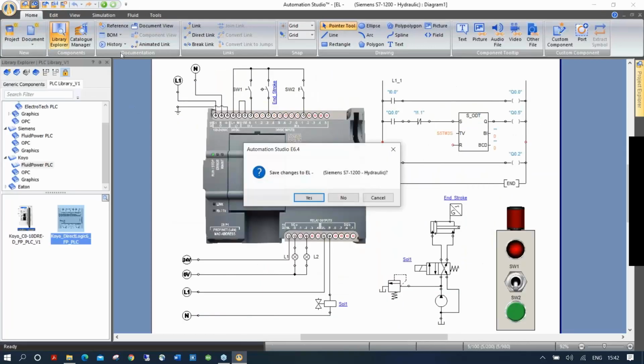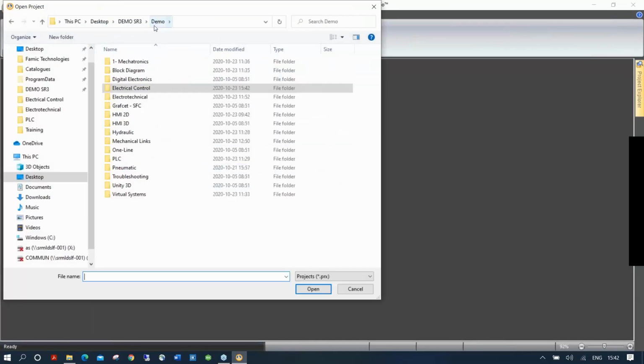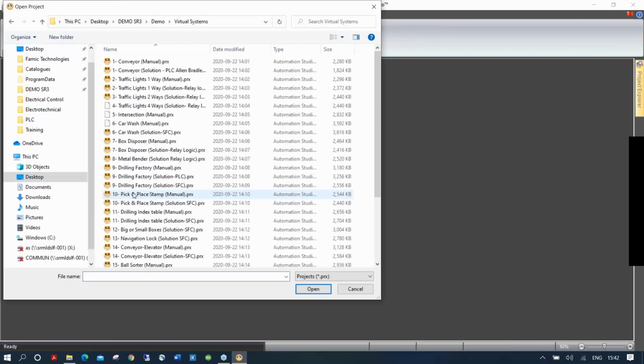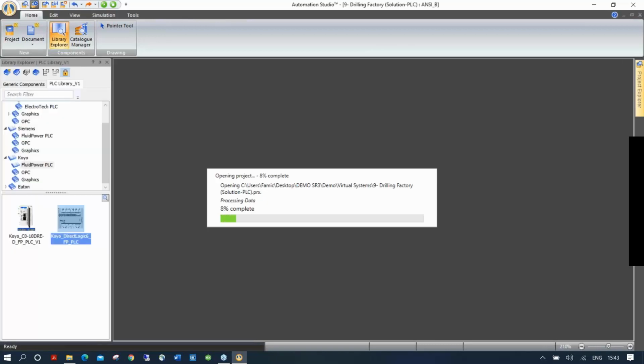Also with the PLC, we also have virtual systems. These virtual systems are pre-animated machines for which the students can only build the logic to control it, like conveyor, traffic light, intersection, car wash, metal bender, drilling factory, pick and place stamp. So let me open one, for example. Let me open the drilling factory here. I'm opening this one because for this model, I also have the sequential function chart that controls that. And we also support structured text. Okay, so